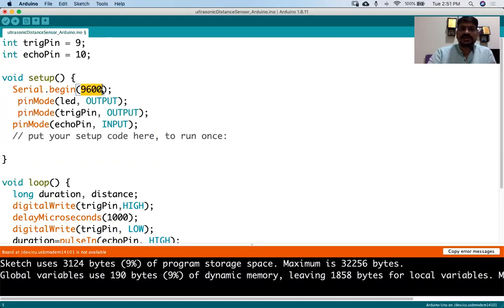This 9600 is telling you the baud rate of that particular monitor. Baud rate means how much rate, the frequency, is required so that the board will give you the data and you can see it in your serial monitor. So we can set it to 9600, or we can fix it to a different baud rate.